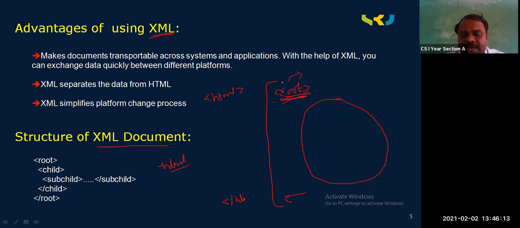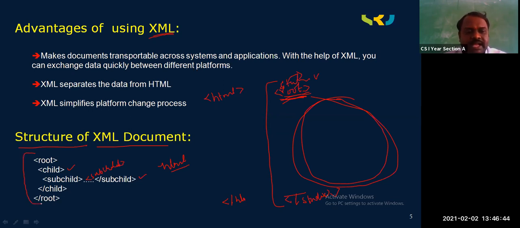Okay. So here, for example, I want to maintain student information. This student info starts here. You need to close this student info, and the data along with this information must be written in between. This is the root tag, and you can write any child tag under that. Under that, you can write any subchild tag, and inside this, if you require, you can write one more subchild tag. This is the way you need to write these tags. So this is the normal structure, and we will see how to write one simple document using it.